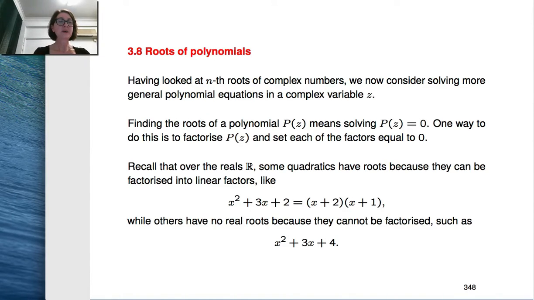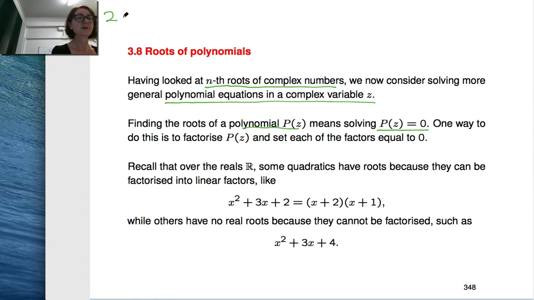So in this last video about complex numbers, we're going to use what we now know about finding nth roots of complex numbers, and we're going to use that information to solve more general polynomial equations in a complex variable, z. Now, finding roots of a polynomial p of z, and you'll notice here that my variable is a complex number, means solving equations that look like this: p of z equals 0, and you'll know how to do this